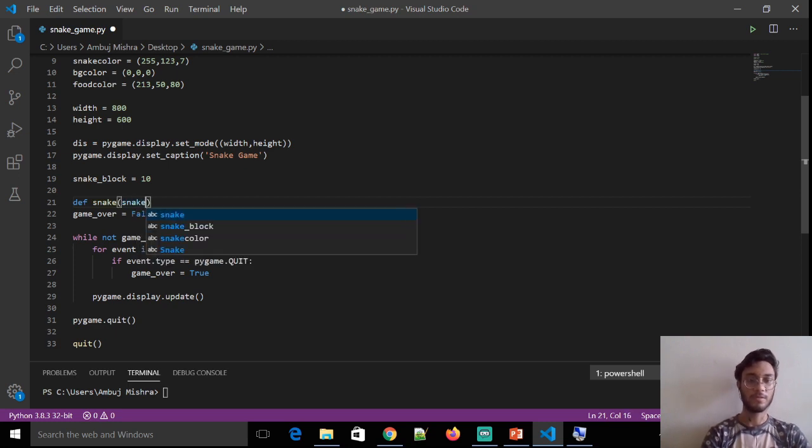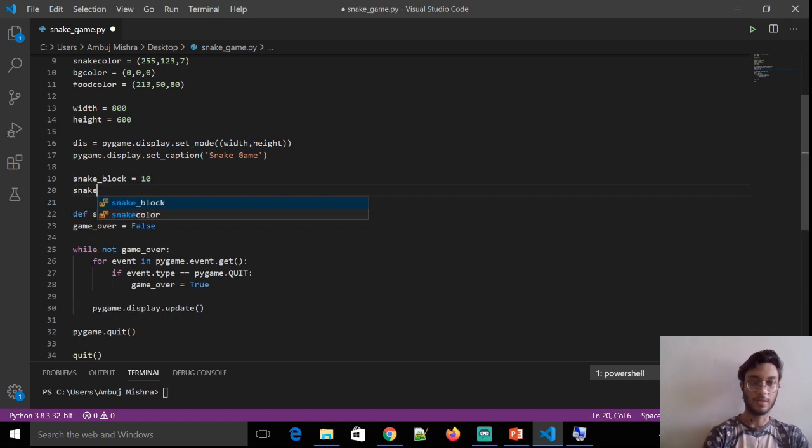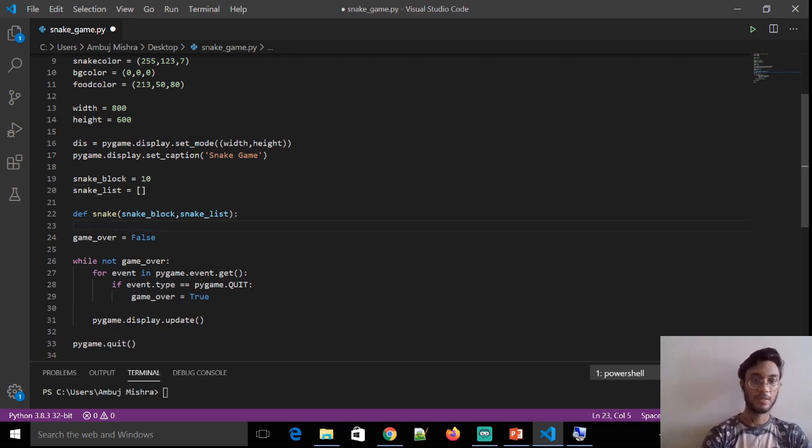in which I'm going to pass two parameters, snake block and snake list. Snake list, let us declare one snake list where the x and y coordinates will be stored. Let it be an empty list. Okay, then in this what I'm going to do is for x in snake list,